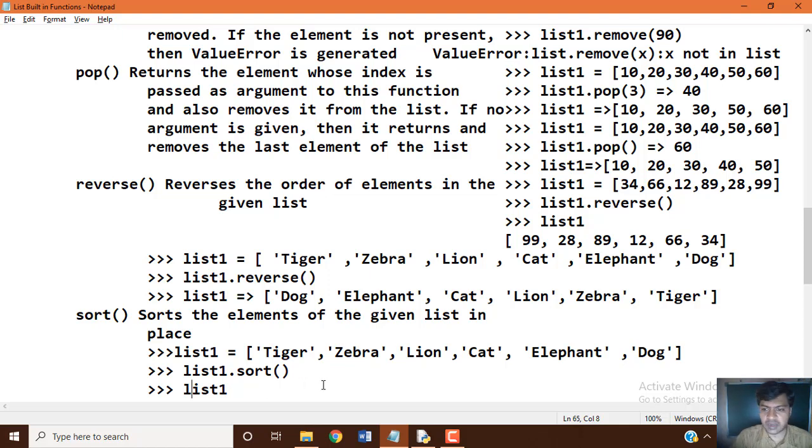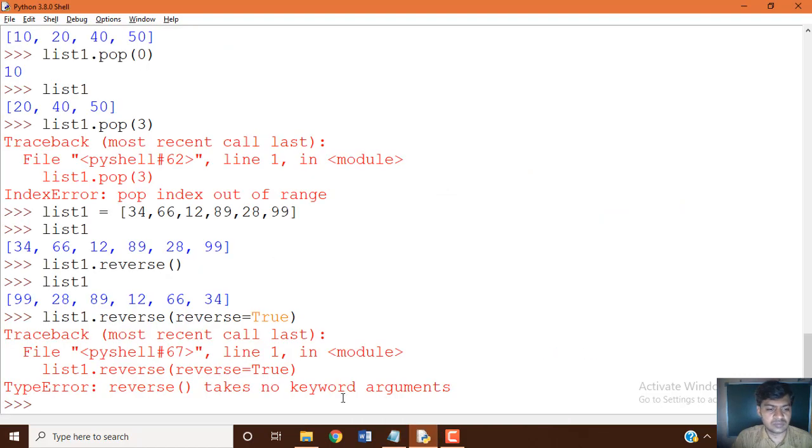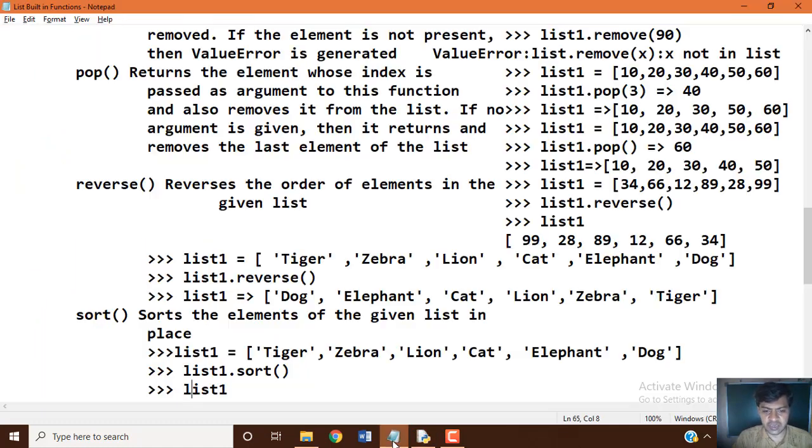This cannot be used for the reverse function. Reverse takes no keyword arguments, so it will not take any arguments, only the empty call can be used.